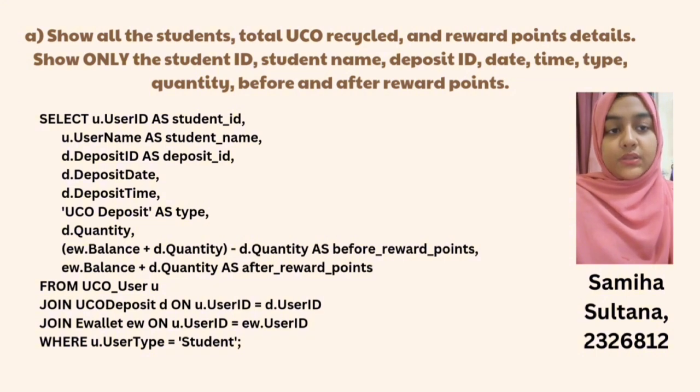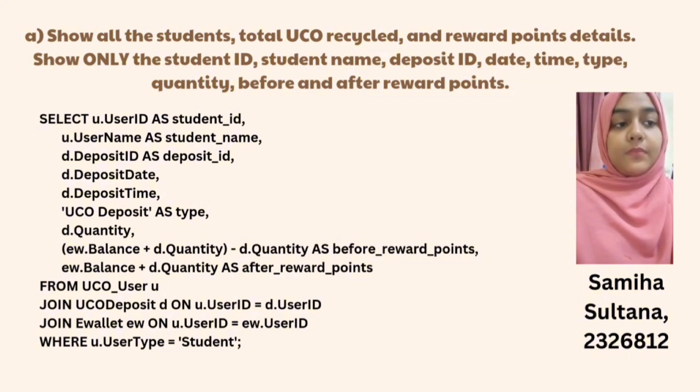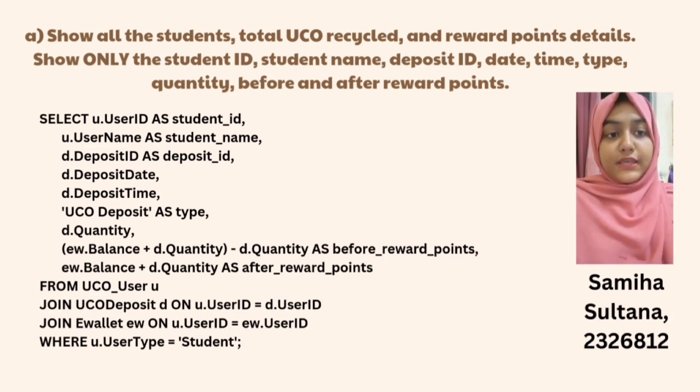Question A. Show all the students' total UCO recycled and reward points details. Show only the student ID, student name, deposit ID, date, time, type, quantity, before and after reward points. First line: select u.user_id as student ID, u.username as student name, d.deposit_id as deposit ID, d.deposit_date, d.deposit_time, UCO deposit as type,